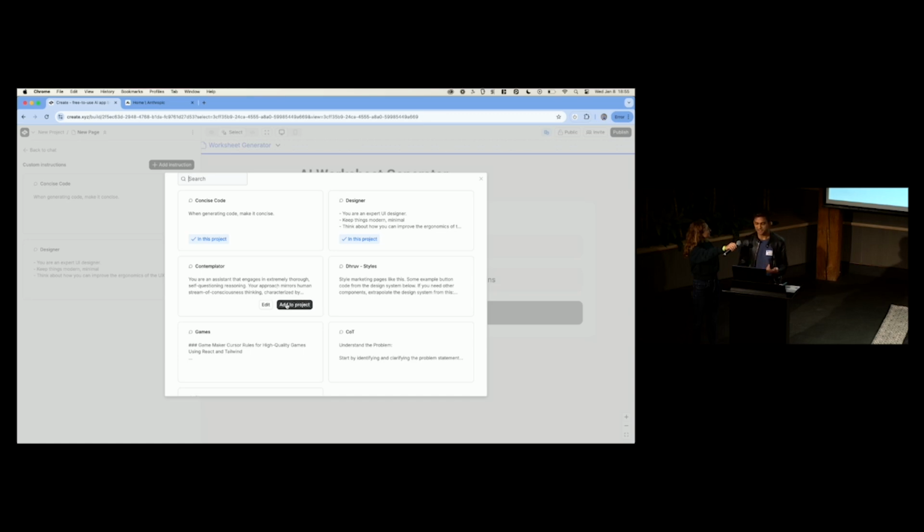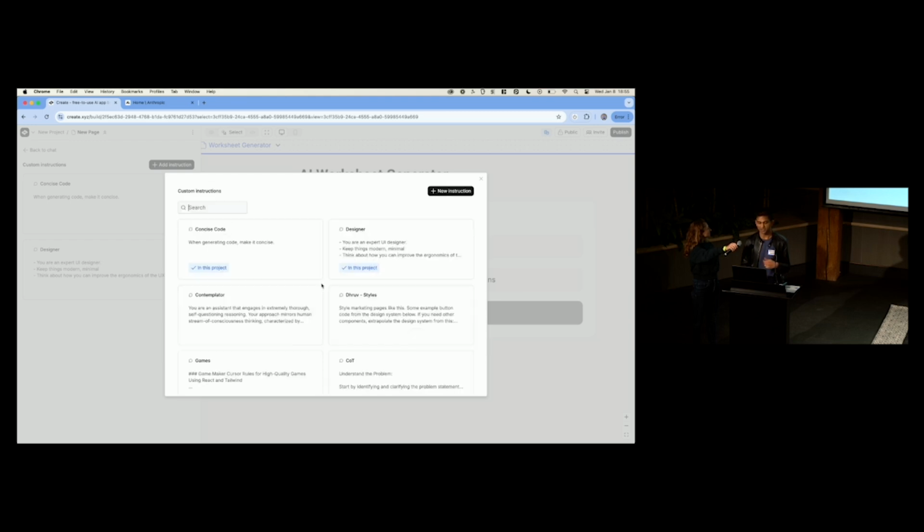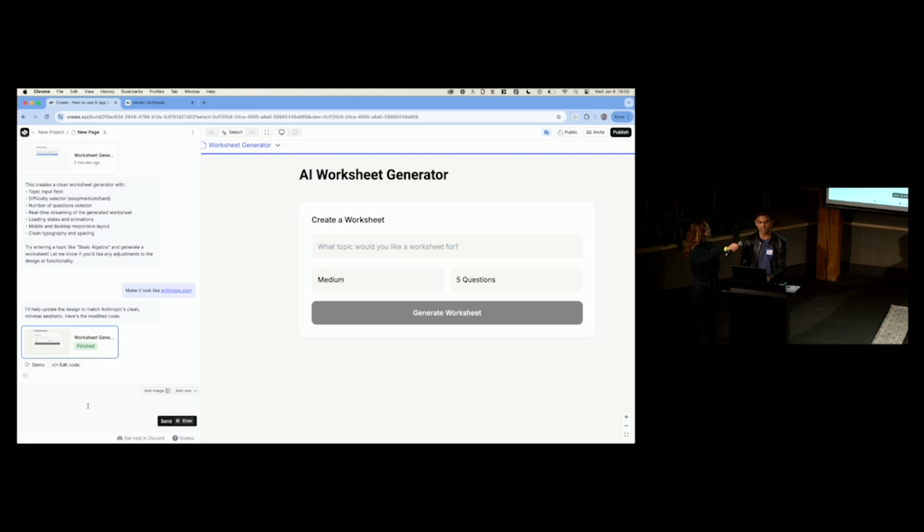I actually just saw a tweet about this. Someone said that if you do chain of thought with this interesting prompt, it can make outputs better. So I'm going to go ahead and just add it to my project and now change the way the assistant works with me. So now I'll say,